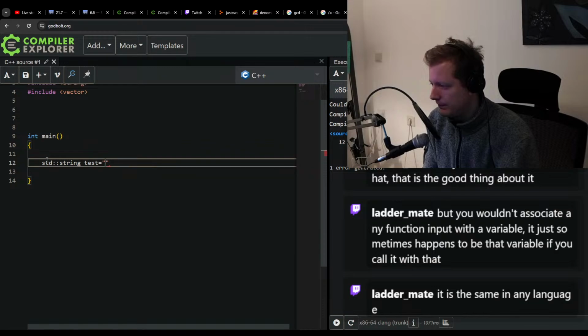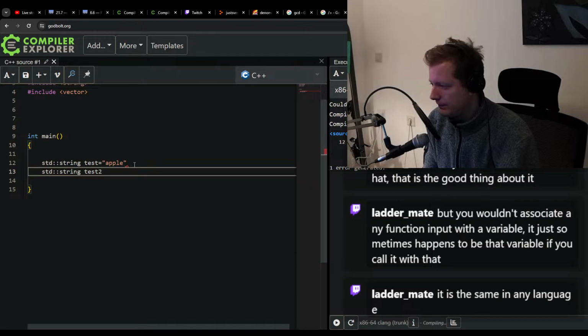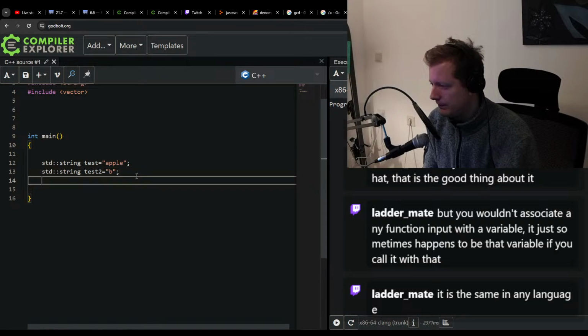Okay, I have something. Apple. And then we make another string. Test2. And we call it just B. And then if I'm saying what is bigger,